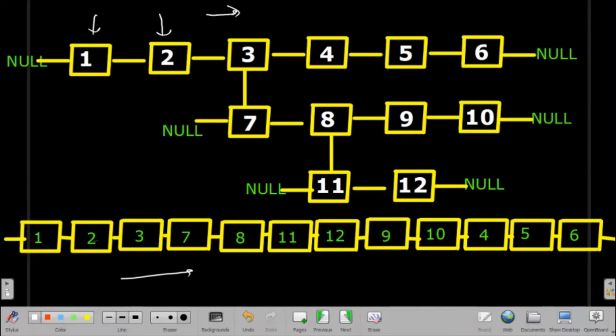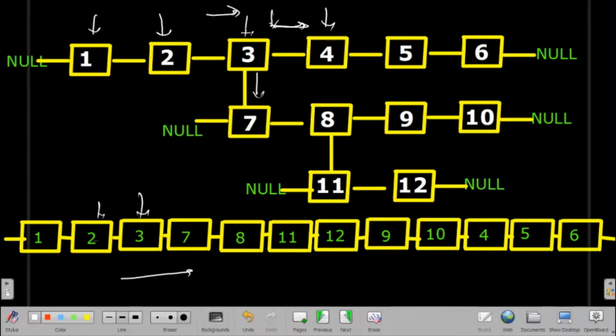So if we see here, we have one, so we'll create one node and we'll insert one. We'll come here, we'll insert two. We'll come here, we'll insert three. But after that we have to insert four, but we haven't, because before moving to the next node we have to see if we have any child node. If a child node is present, we have to first move to the child node and traverse all the child next nodes, and after that we have to go to the next node.